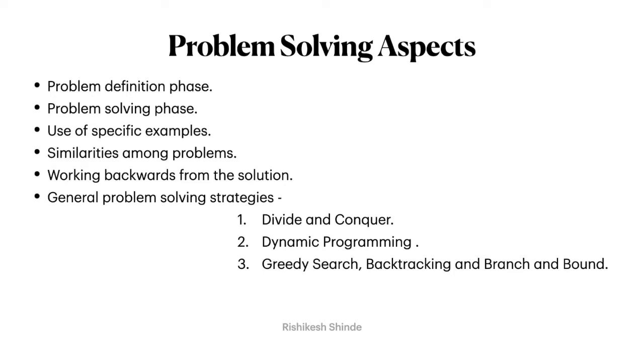The fourth aspect is similarities among problems. There is another aspect of solving a problem when we get stuck, and that is we can refer to similar problems that were solved in the past. By considering earlier experiences and by finding out similarities among the problems, we may get some hints and solutions to solve our current problem at hand. This strategy also helps developers gain the ability to view the problem from a variety of angles. So this is the fourth aspect, to view similarities among problems.